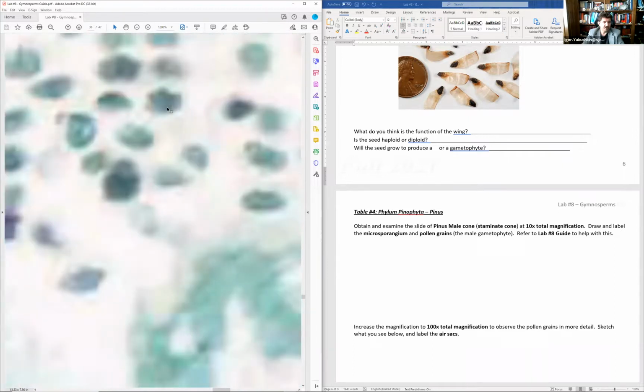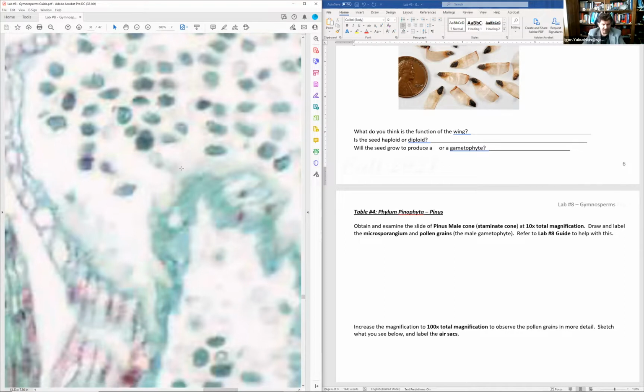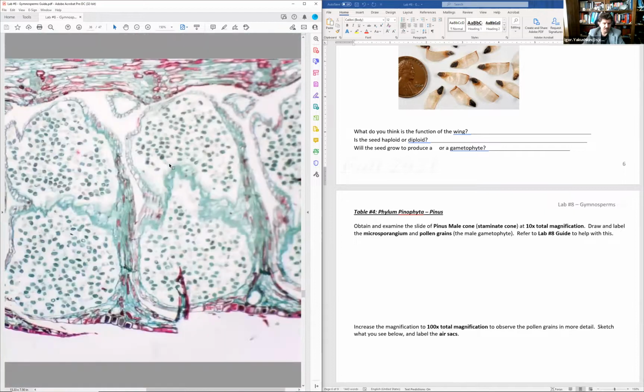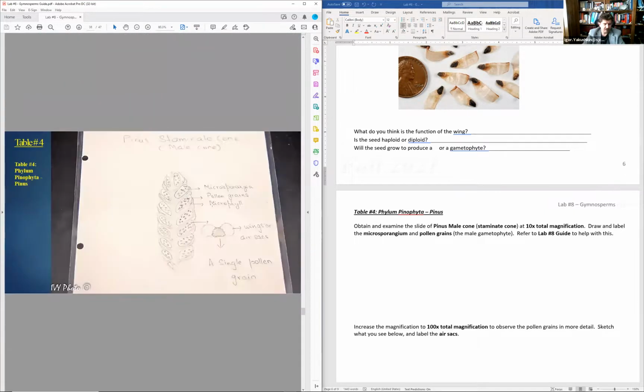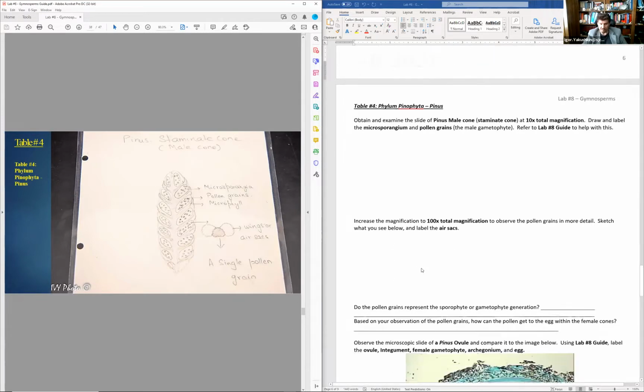Here we're looking again. I would have to go to a higher magnification, and we don't have a microscope capable of that. But I think the next picture shows you, right here, the single pollen grain with the wings. And again, it's not flapping the wings to fly, it's actually gliding through the air. Here we're looking at the air sacs. You don't really see them, so they probably will not be on the lab practical.